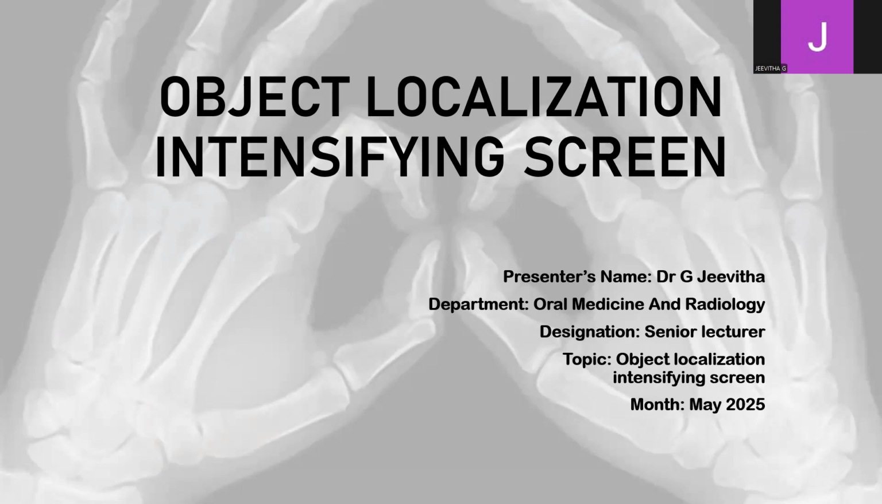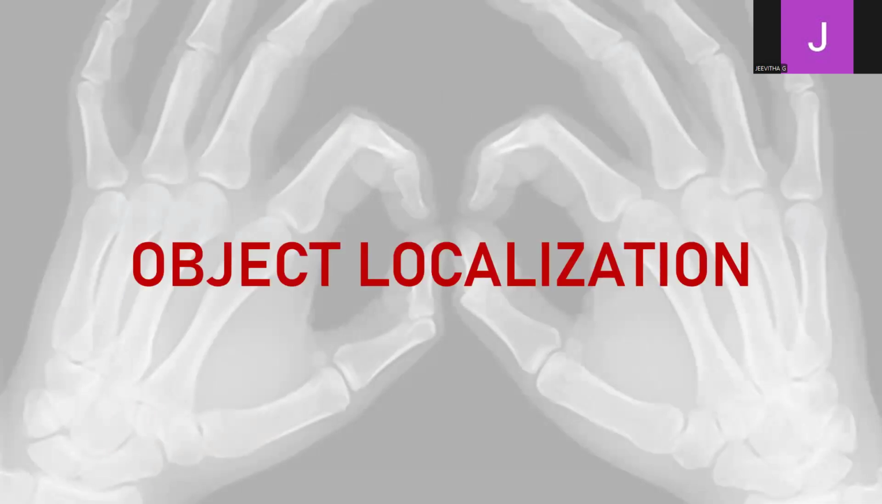So today's topic that we will be seeing is object localization and intensifying screens. The concept of object localization is very important, especially in two-dimensional radiology, where you take IOPAs, bite wings, and occlusals. There are certain concepts like object localization, where you will be able to take the single X-ray in different ways. And this is done in order to localize certain objects or certain lesions which you will not be able to